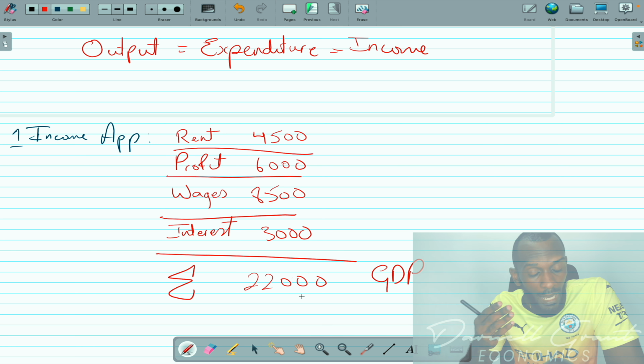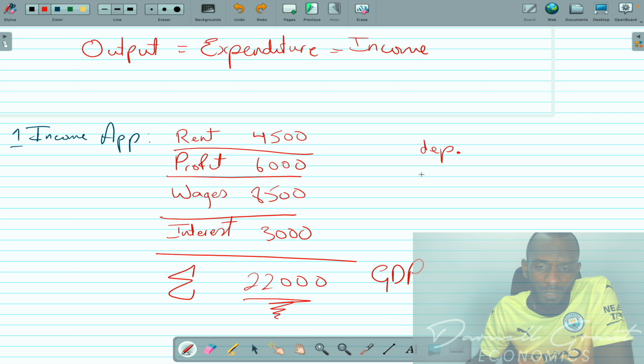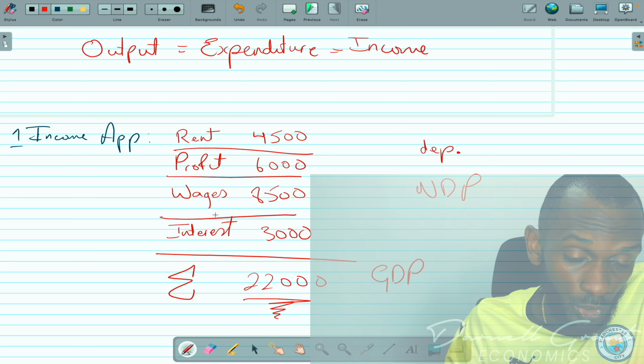It's going to come down to you adding up all the factor rewards and getting your summative figure that's going to count for GDP. Question may contain depreciation, and then you'd probably have to use this figure to work out NDP or some other key economic variable. All right, but once you know the definitions and you know for the income approach you have to add up the factor rewards, everything is going to be fine here. Let's move on